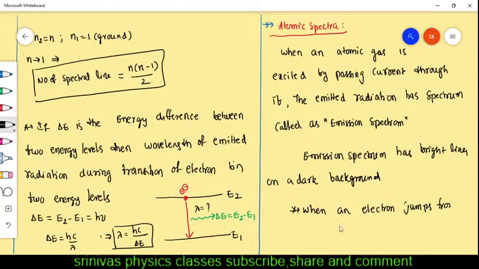If I use the absorption spectrum, can anyone have an idea for the absorption spectrum? Write in the chat box, please. From 1.5 hours onwards we are discussing. Even my pen tab is not working. When electron jumps,